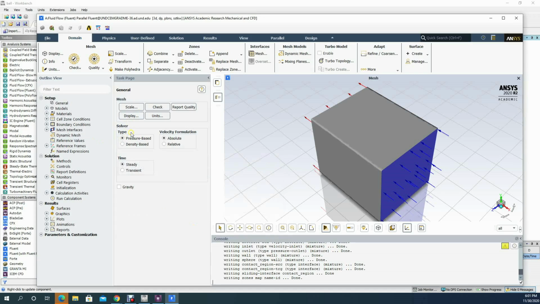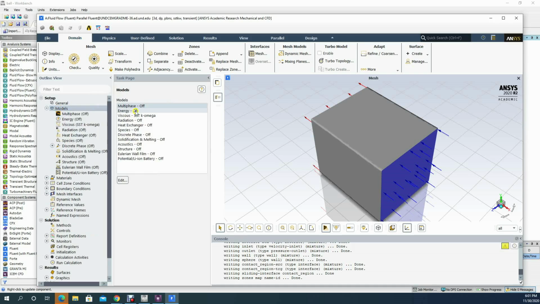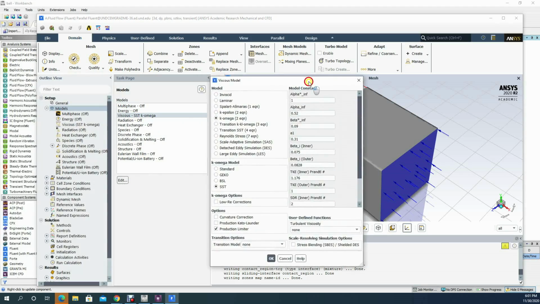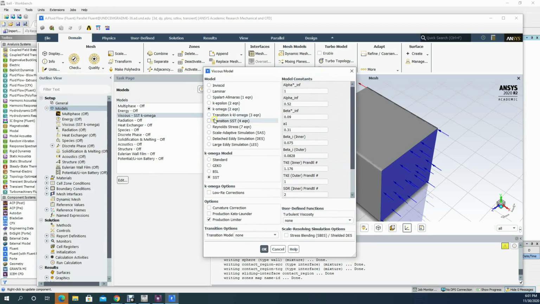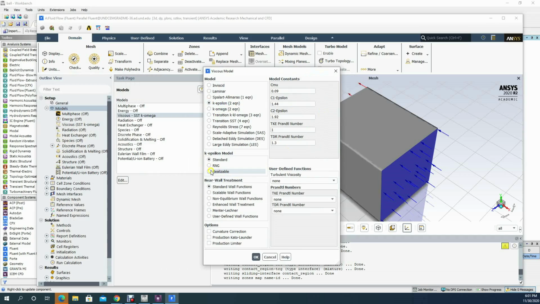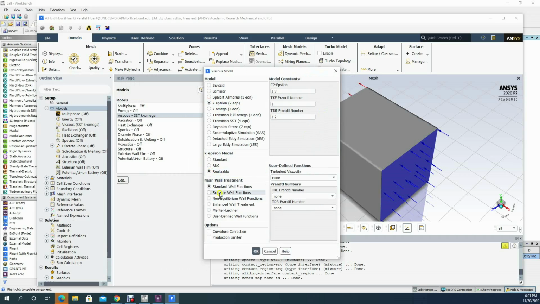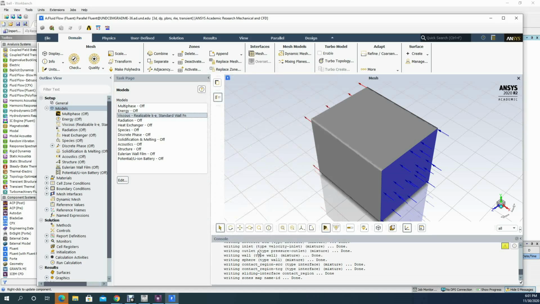Okay, so transients, use transients for this case. The model, viscous model, I will use the K epsilon, depending on what you want to use, realizable. Okay,